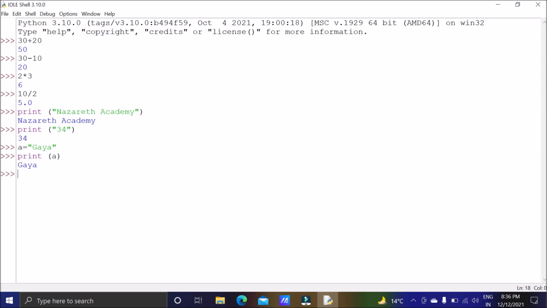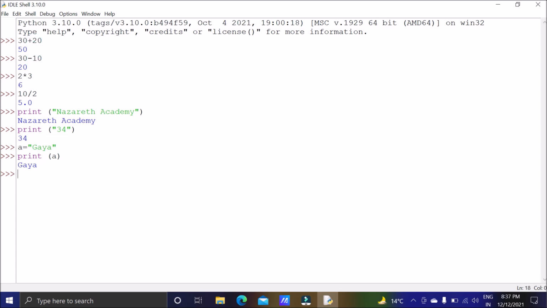Likewise, we can do so many other things also. So one by one we will study these things. So first we are going to see some operators. We have seen so many operators. These are called operators: plus operator, minus operator, asterisk operator, slash operator. Slash is for division, asterisk is for multiplication, and these two you know, minus for subtraction and plus for addition.